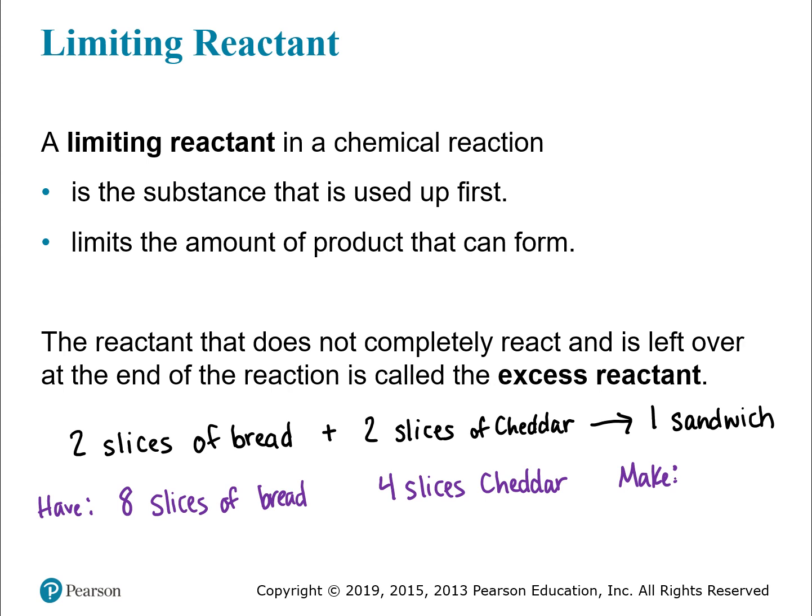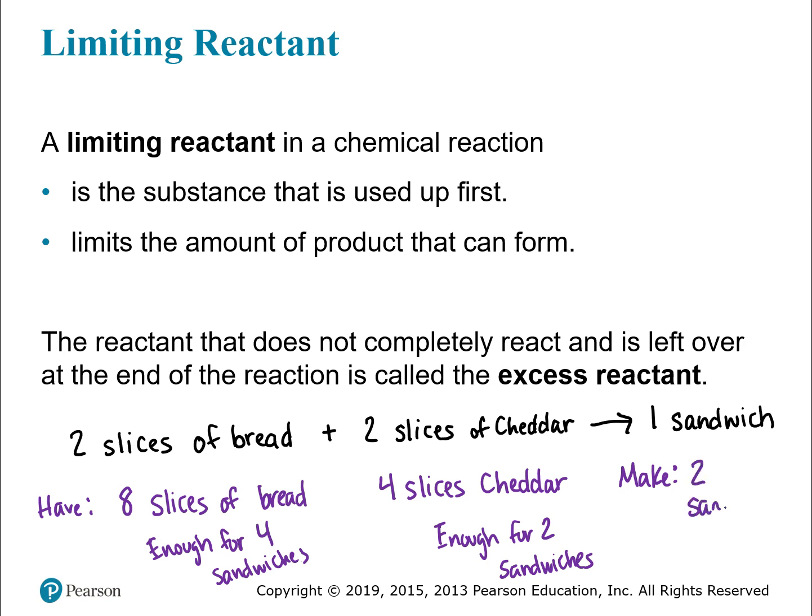If I've only got 4 slices of cheese, then this is only enough for 2 sandwiches. With the bread, I've got enough for 4 sandwiches. I can't make 4 sandwiches because I've only got enough cheese for 2. So I end up making 2 sandwiches